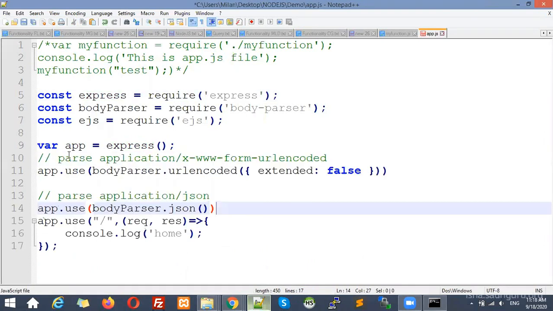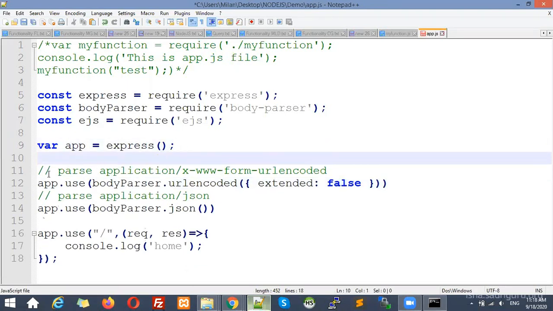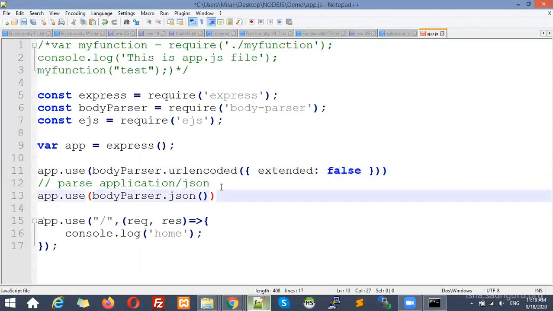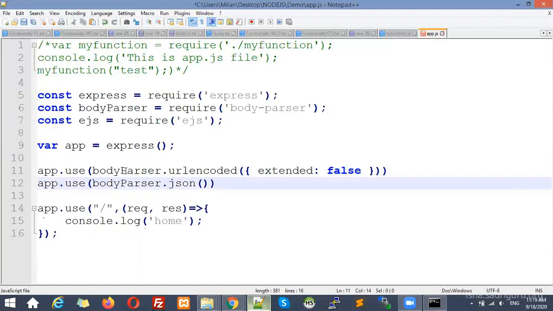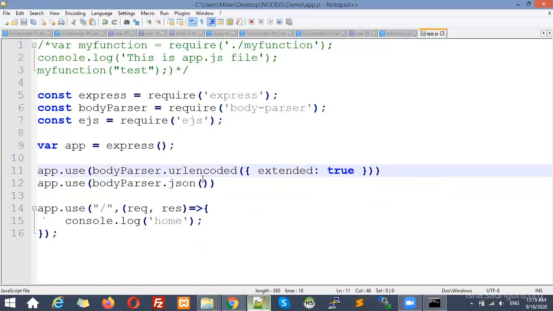Here I'm going to use both of the statements, and let me remove the comments so you can read it properly. Okay, so here you can see the same name we have given, so there is no confusion. Here for extended, we can mention true or false. Let me mention true. That means we want to encode the URL. So whatever form you are going to submit will be encoded and extended in the extended format, and all the requests will be converted to JSON. And here I have mentioned the console.log.